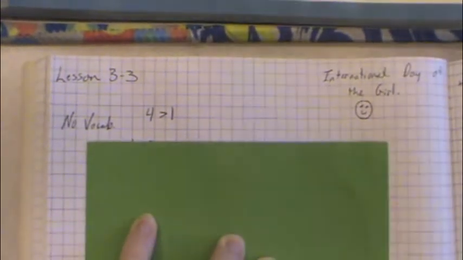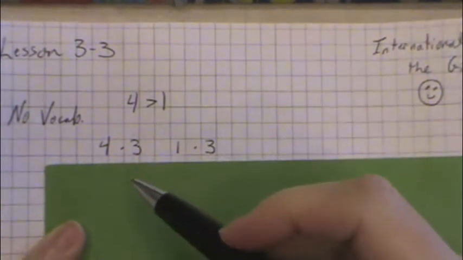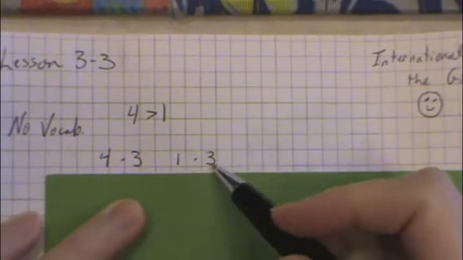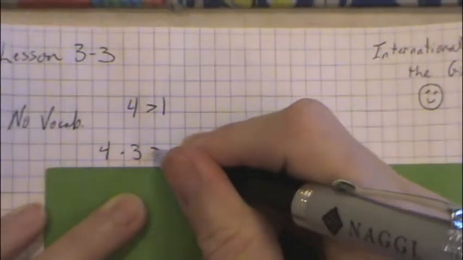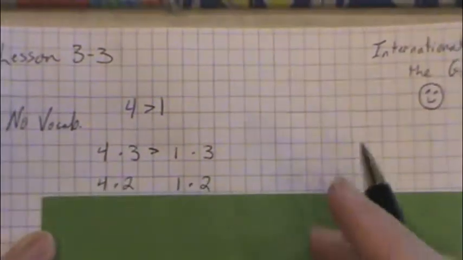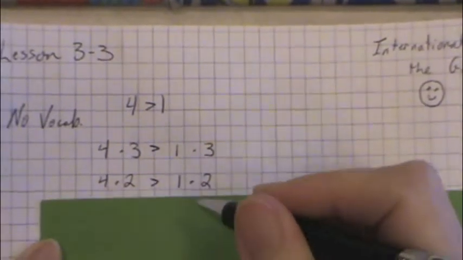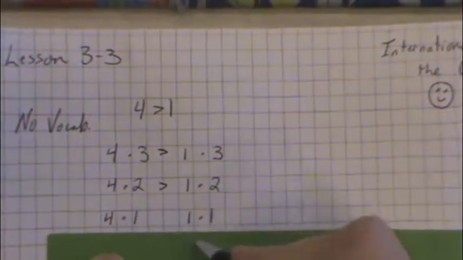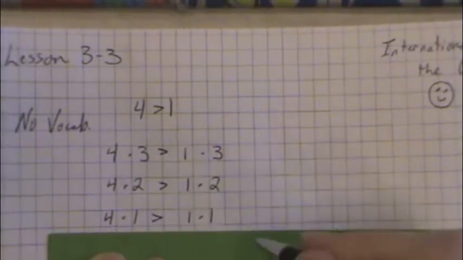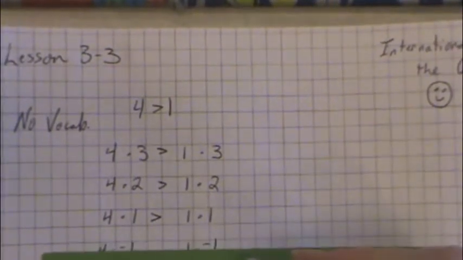So the chart at the top of page 178 in the blue box asks you to consider the inequality 4 is greater than 1, which we all know is true. But then they ask you to manipulate it a little bit. If you multiply each side by positive 3, you end up with 12 and 3, so still greater than. Multiply by 2, what do you get? 8 and 2, still greater than. Multiply by 1, 4 and 1, still greater than. You're wondering why I'm making you do this. Well, now